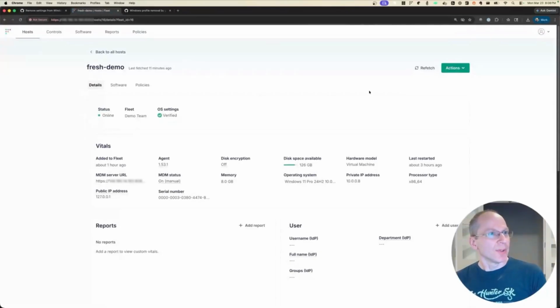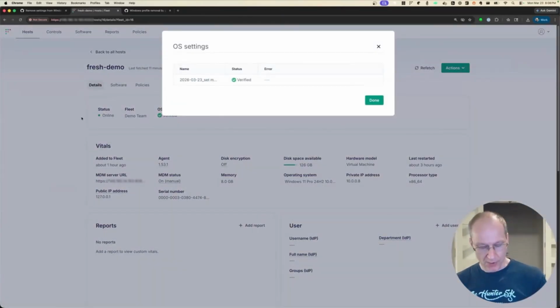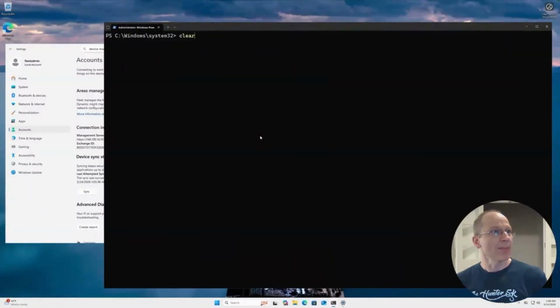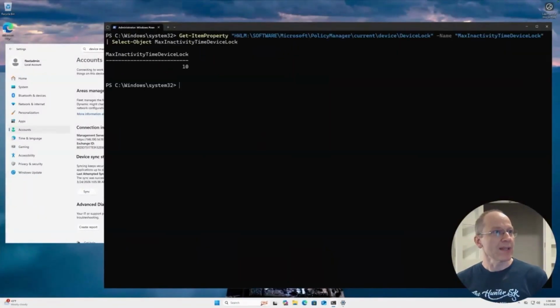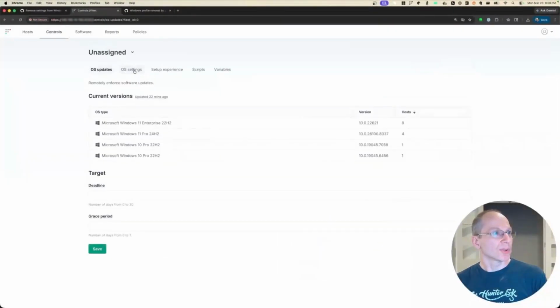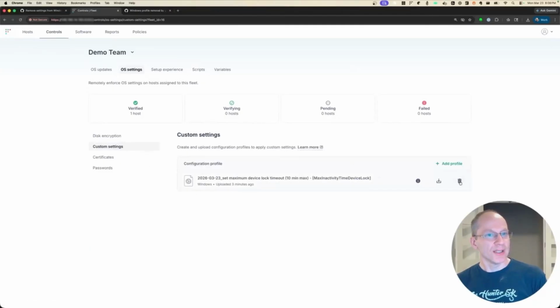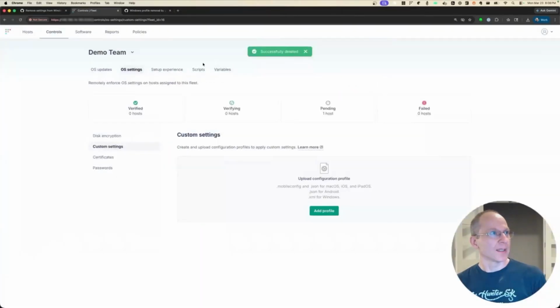Let's go here. We have a host. It has the setting, maximum device lock timeout. So if I go to that host, I can run a command to see that setting, and that setting is 10. So now, if I go to Controls, OS Settings, Demo Team, and I actually delete this profile,